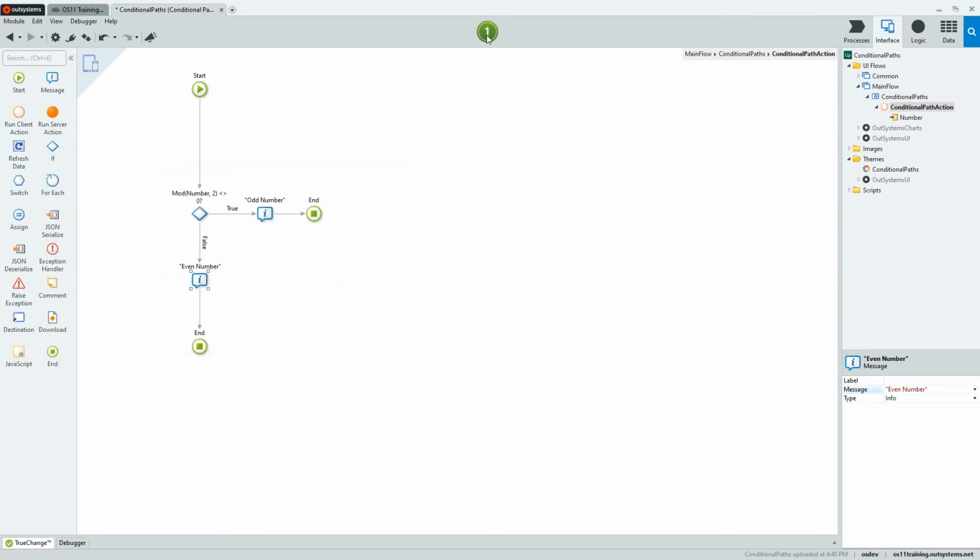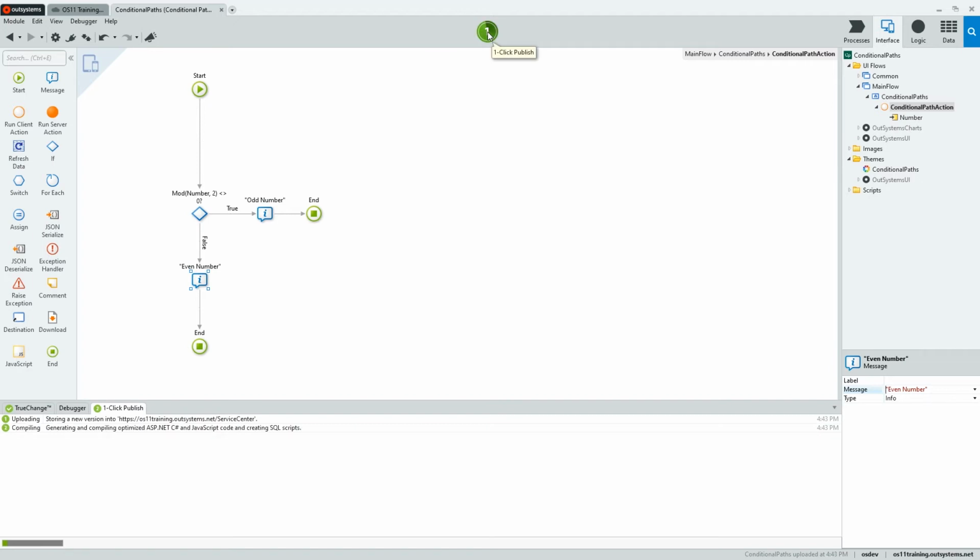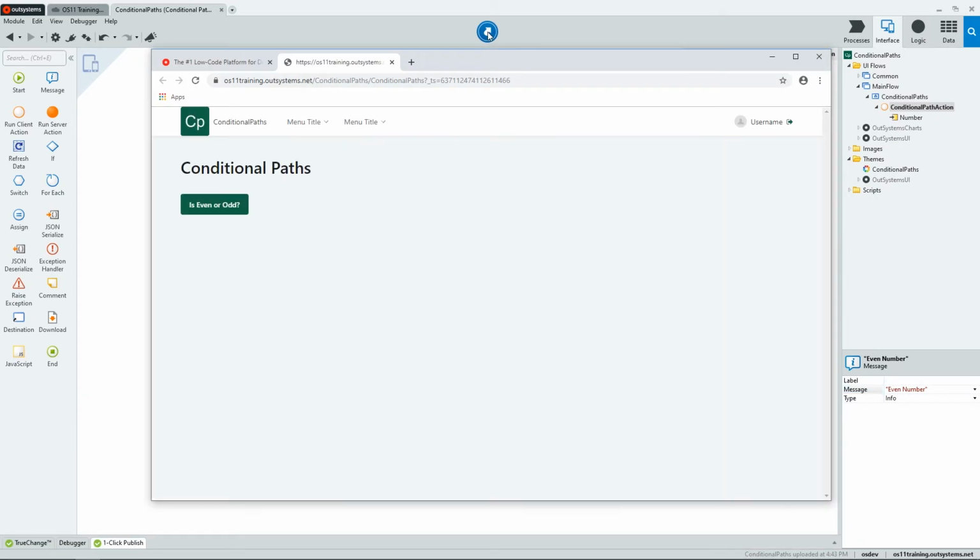The logic created is associated with the button in the screen, so whenever the button is clicked, the value passed to the input parameter, that we defined as 100, will be used to check if it is odd or even, and display a corresponding info message. Let's see this in action. Clicking the button will show the info message, and in this case, the number is even.